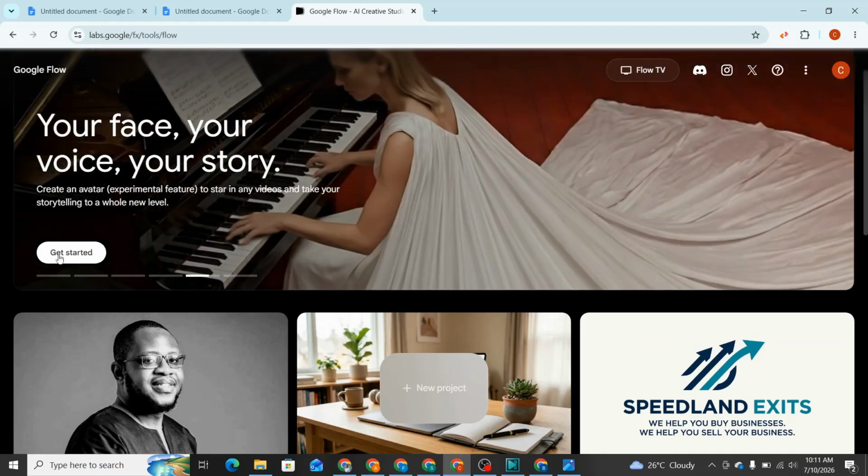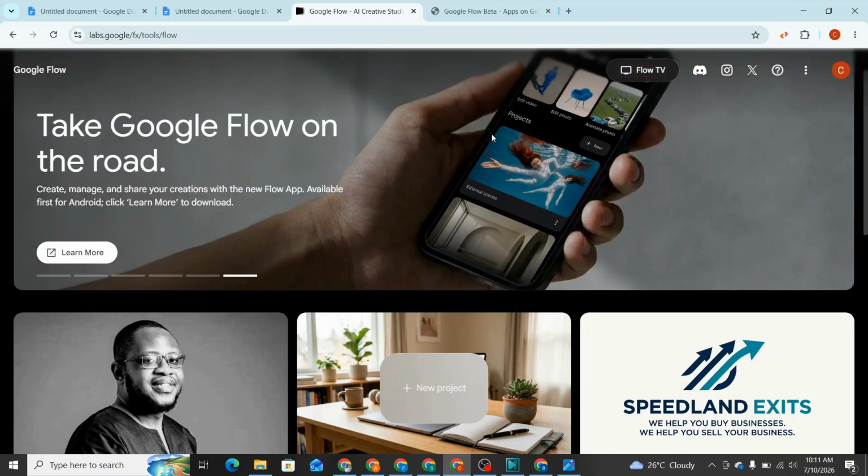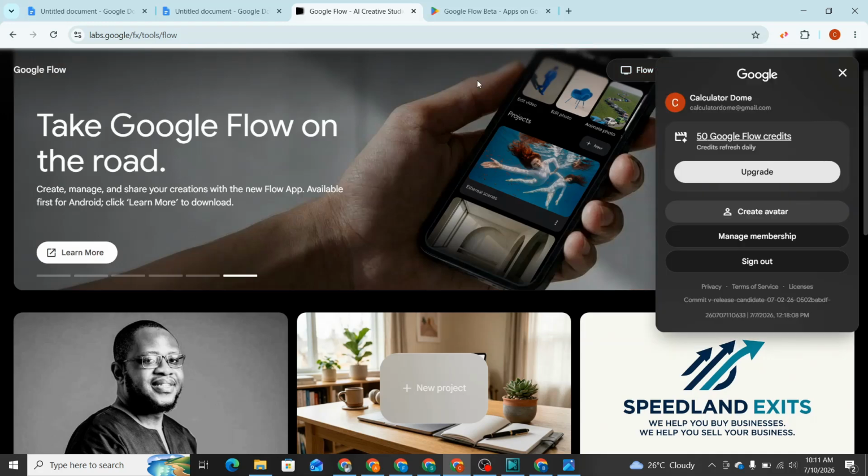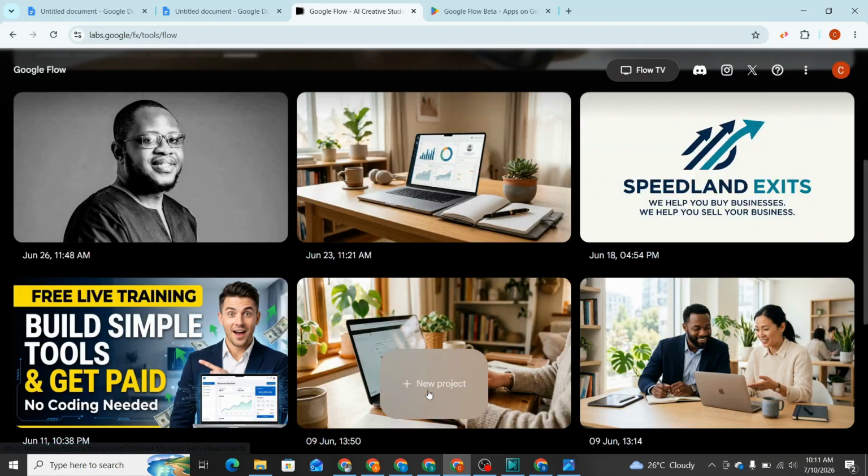I think they've changed their interface. I don't know why they changed their interface. There should be a new project option. Okay, this is it, right? So when you create your Google Flow account, you just scroll down, you see new project. So if I click on new project,